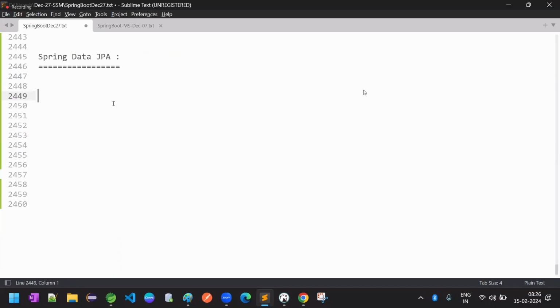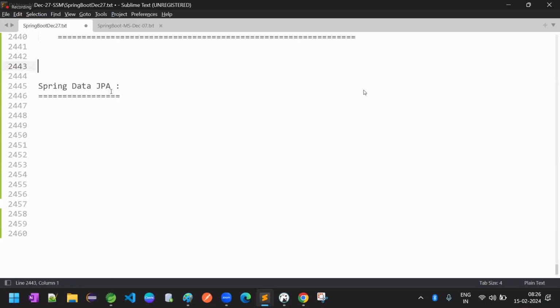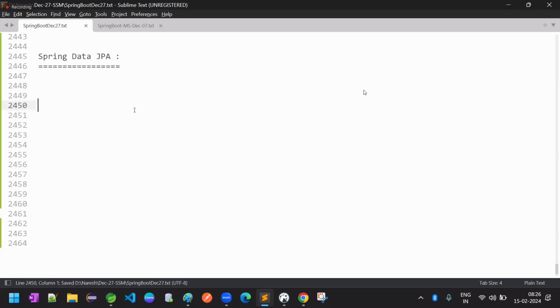Okay, so let's start the discussion about JPA, and it will take a minimum of 10 classes, maybe more, but we need to understand very clearly. Before discussing everything related to Spring Data JPA, we have to understand JPA first of all. So we need to know the JPA history, and then we will discuss Spring Data JPA and everything. So here JPA represents Java or Jakarta